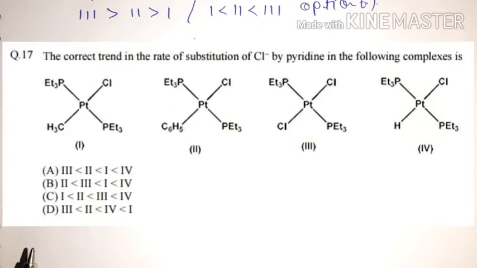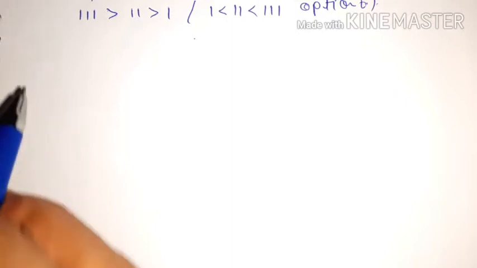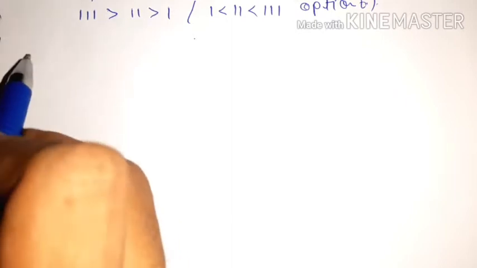Okay, and we have 4 options as you seen in your question, that is A, B, C, D. Understand, friends? Okay, now we do the solution of this question, and see,